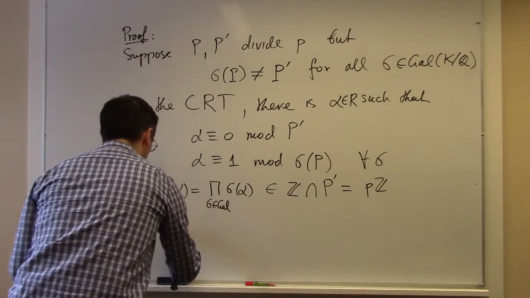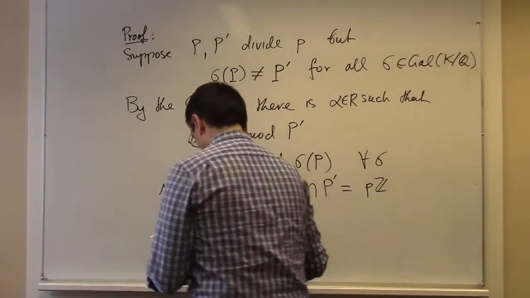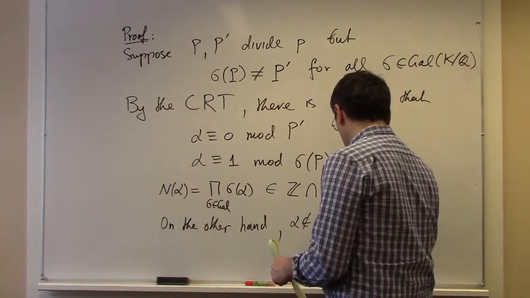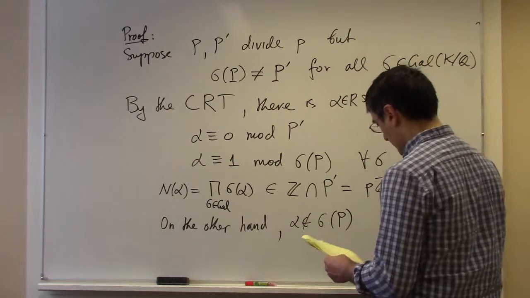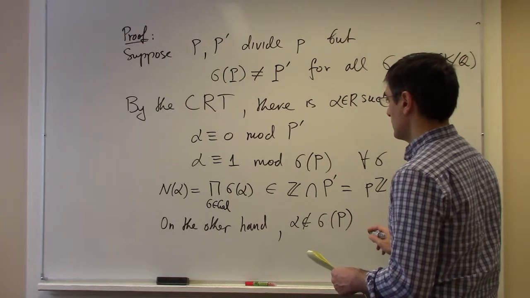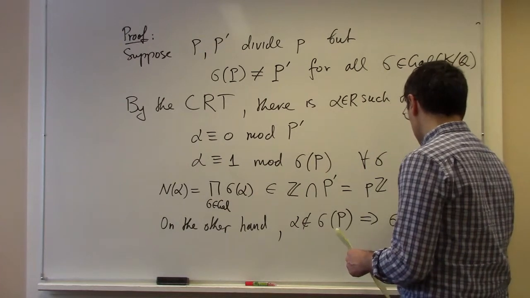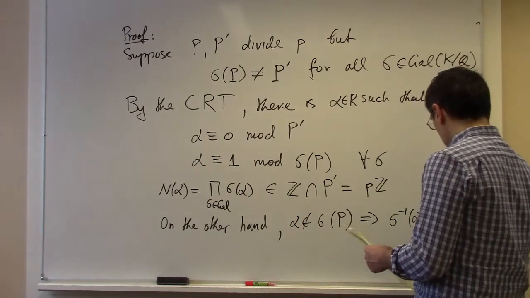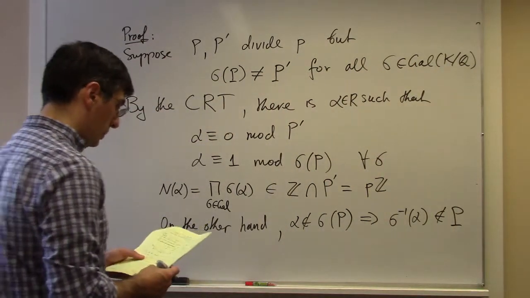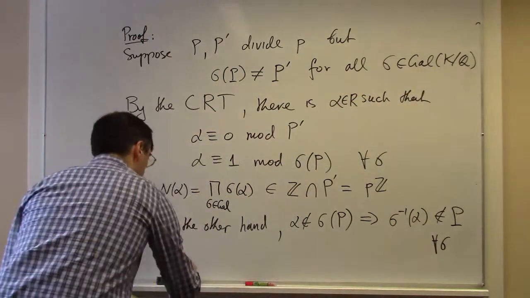On the other hand, this alpha does not belong to sigma P for all sigma, and this implies that it does not belong to P for all sigma, but then you get that